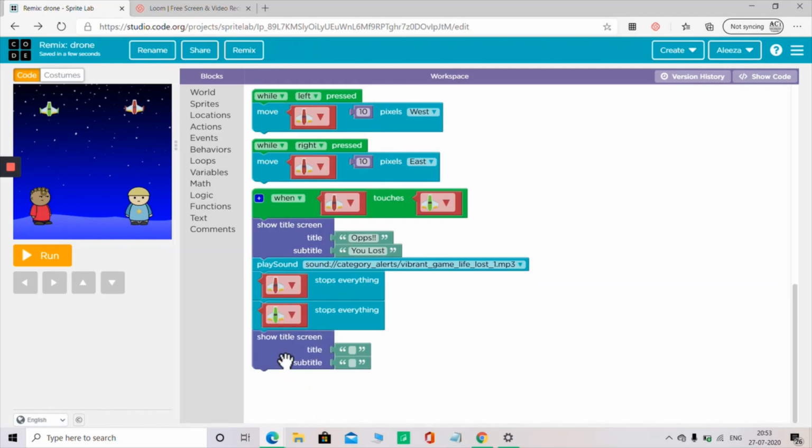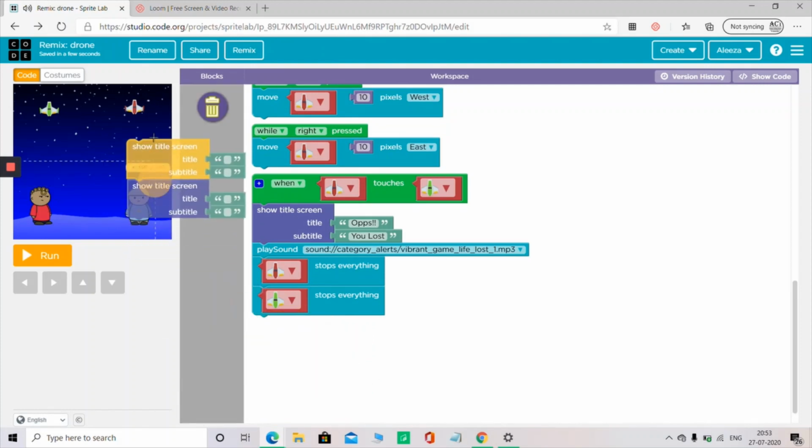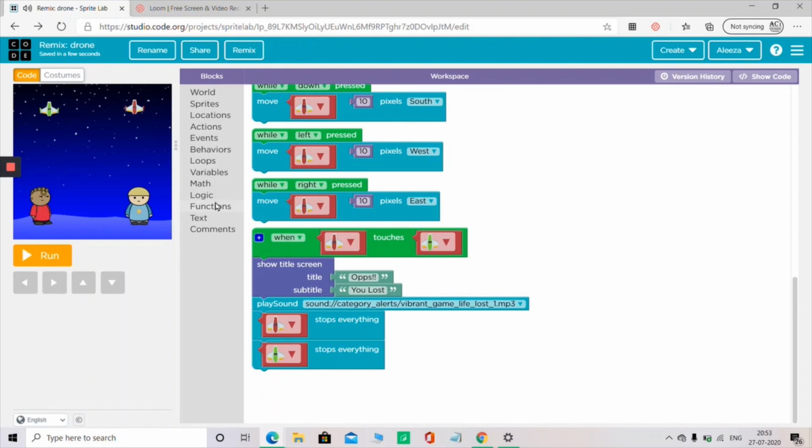If we click on any command you want to copy and paste again, you have to click on that. Like I want to copy show title screen, and here title and subtitle, so I'll click on that and press Ctrl C, and now I've copied it. And now I want to paste it, I'll press Ctrl V. So here I get it, and I'll put it wherever I want. So that is an easier shortcut.